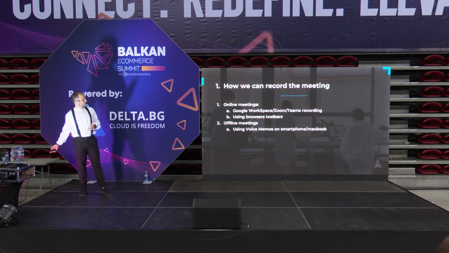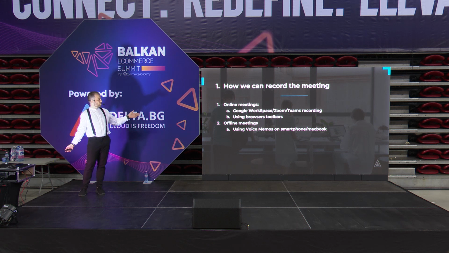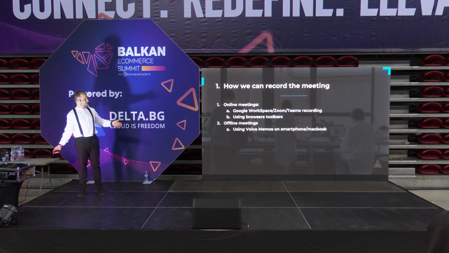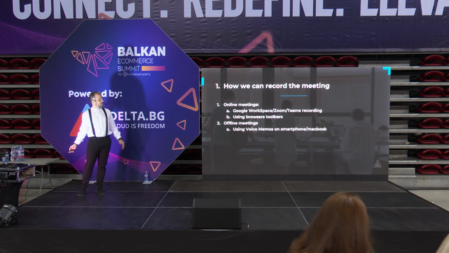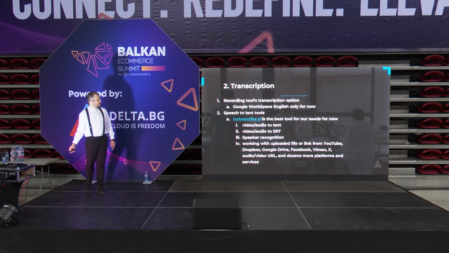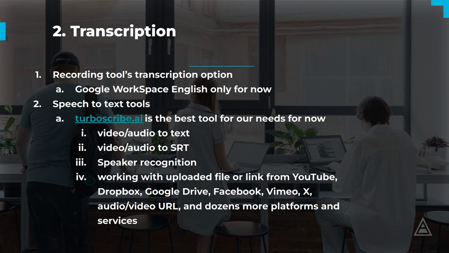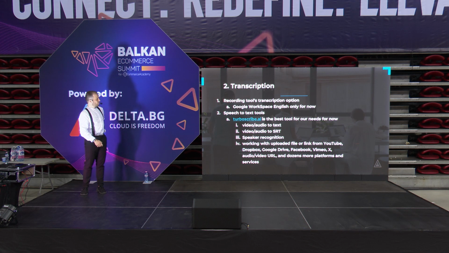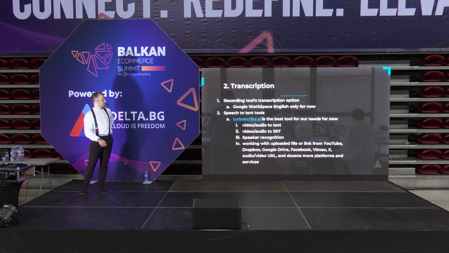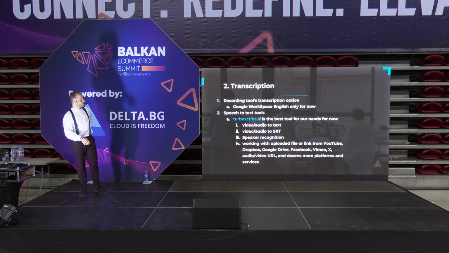in steps? If we use online meetings, we can use Google Workspace or some browser toolbars. In offline meetings, we can use voice memos on our smartphone. So we record the meeting. After that, we do speech to text. In our example, for the Bulgarian language, we use TurboScribe. We can put in video or audio to get a text file, or to make subtitles. We can do speaker recognition, and we can also work with uploaded files and YouTube links, and